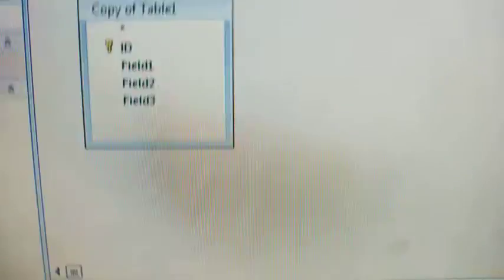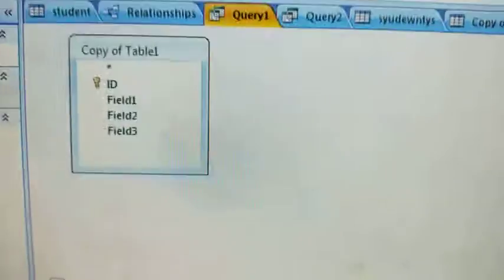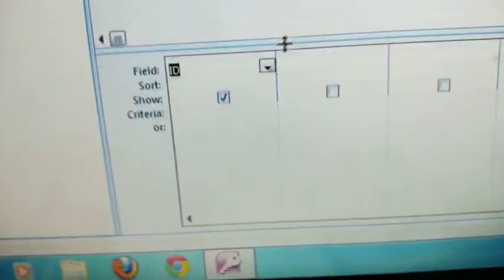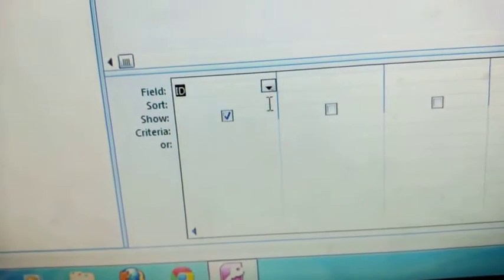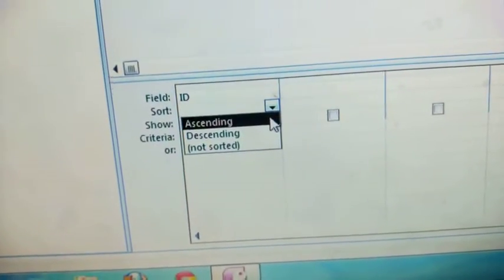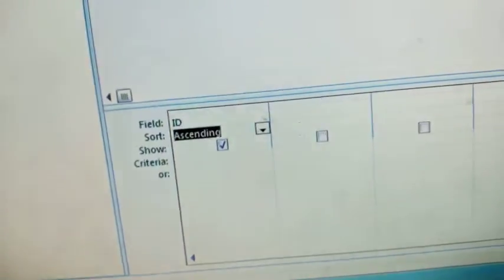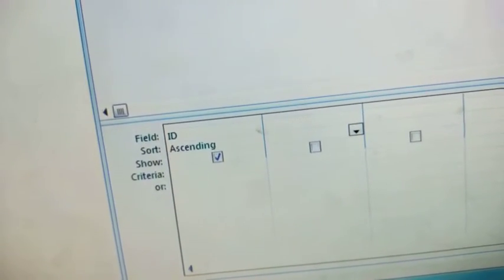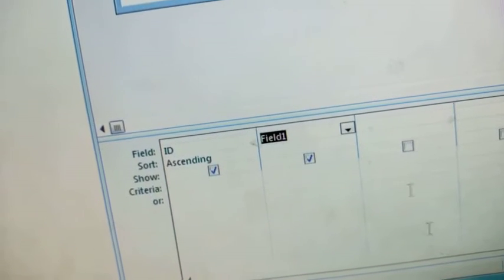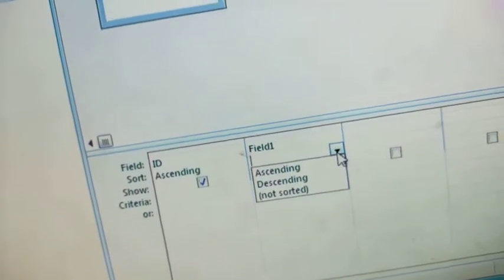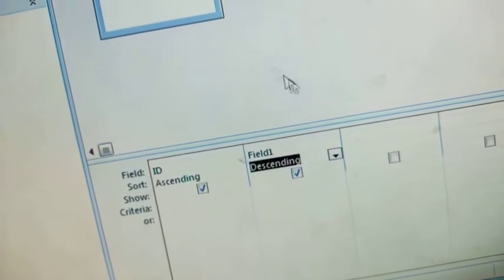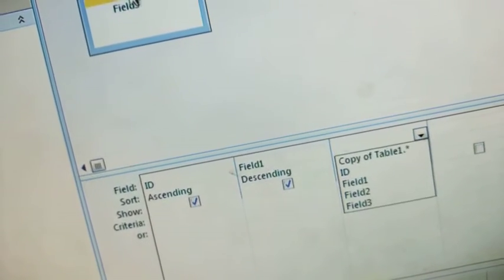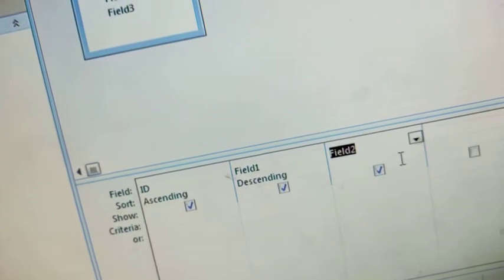So now how to create multiple criteria. First of all you select here your ID field, then you can select it as ascending. Then in second you can select field 1. Here you can make it descending. Then third you can select field 2.